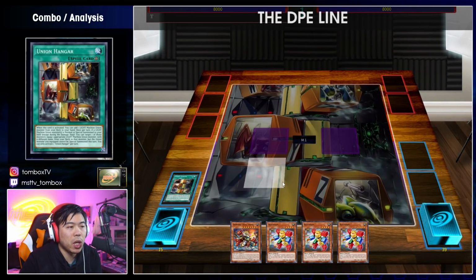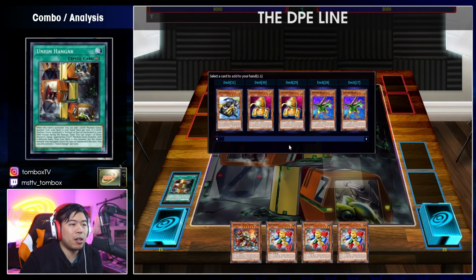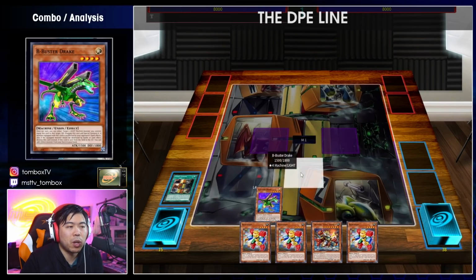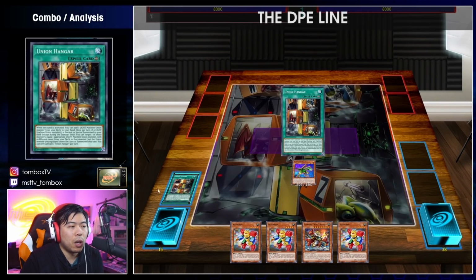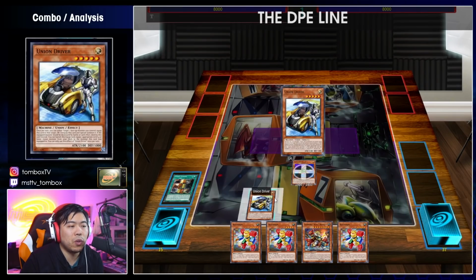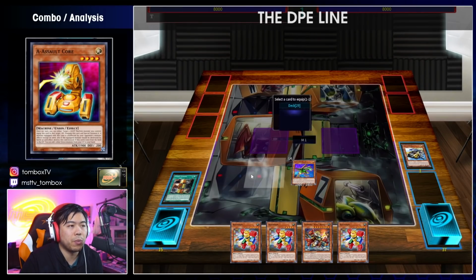We're going to start with the Union Hanger. Add the B Buster Drake. B or A really doesn't matter. Normal summon out the B. Activate the Union Hanger, and we're going to equip the Union Driver, banish, equip it A, put the A onto the field,